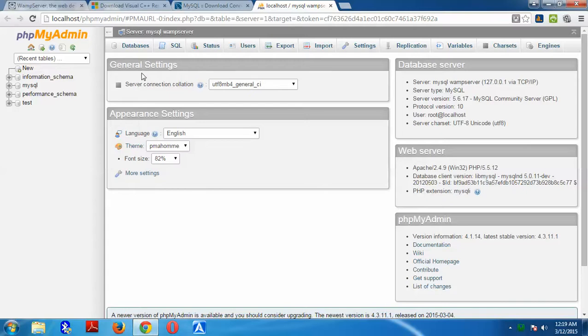So what we want to do now is create a database here, and then we're going to link this database back to Microsoft Access. In Microsoft Access we will be making changes, but the true storage of the data will be taking place in the MySQL part, which is inside of here. So you click database,